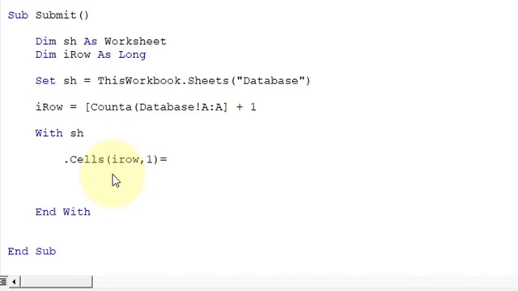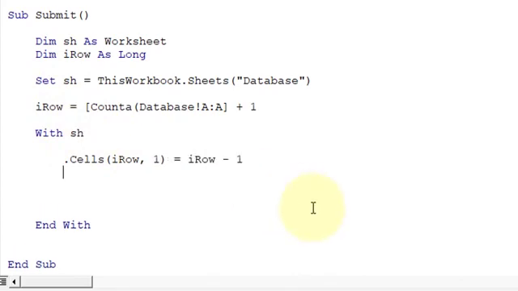Let's start writing equal to, then I row -1, because I row will be the serial number. Suppose we are on the third row, it means we have only one entry. One row is for the header, the first row, one is for the record, that is the second row, and we are in the third row, it means this is the second record. That's why I am deducting 1 from I row, right?